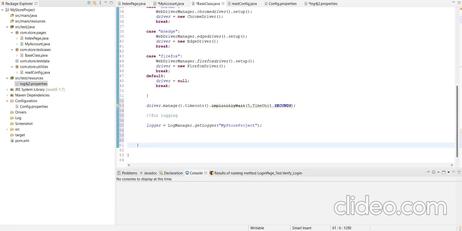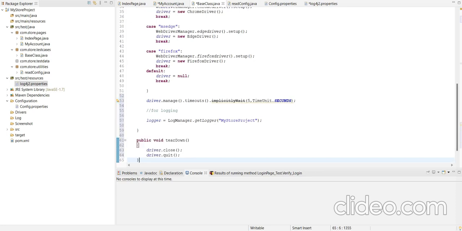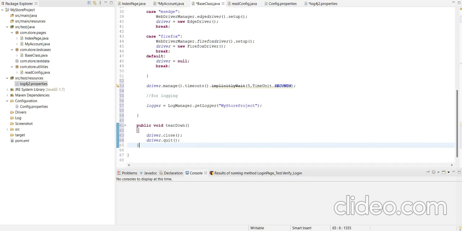Now we will create another method to quit the browser. So we will create another method for tear down, and here we will use driver.quit and driver.close.